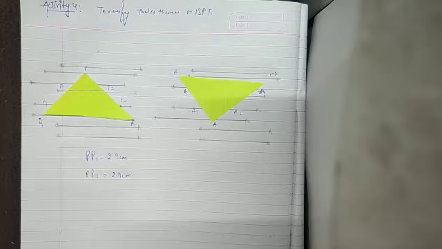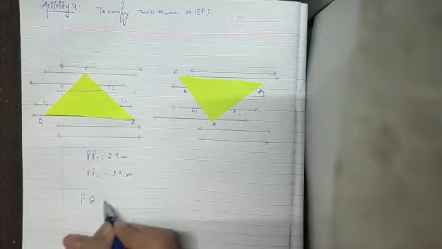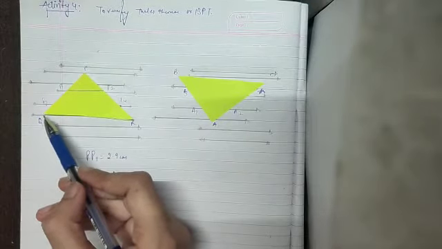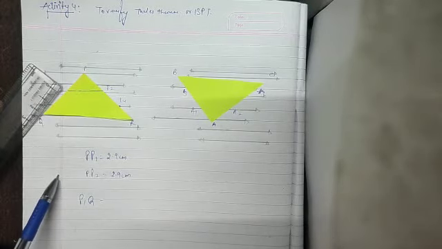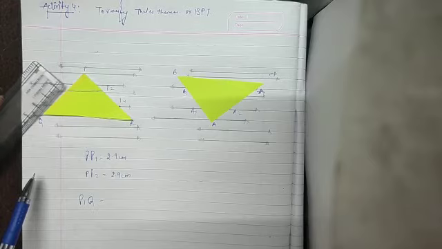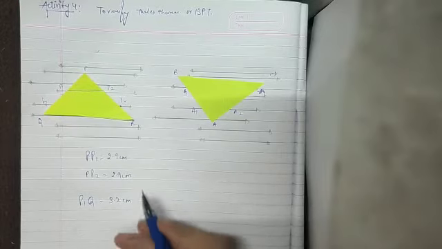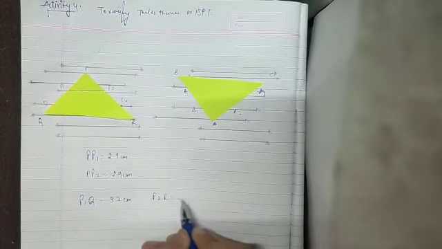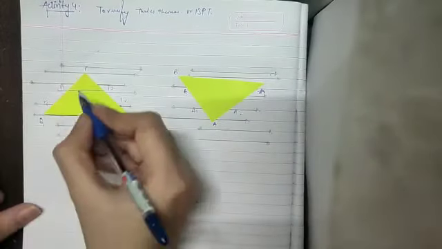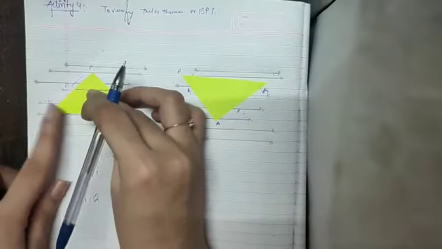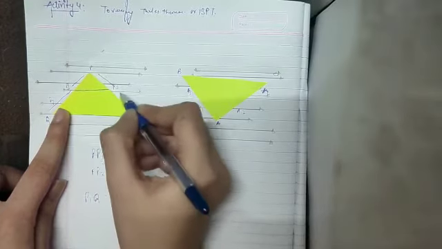It could be different depending upon which sort of triangle you have cut out. Then I'm finding P1Q. P1Q is from this point to this point. That is 3.2. Similarly, P2R I have found, that is also 3.2 centimeters. This distance is done, and this distance, and this distance, and this.